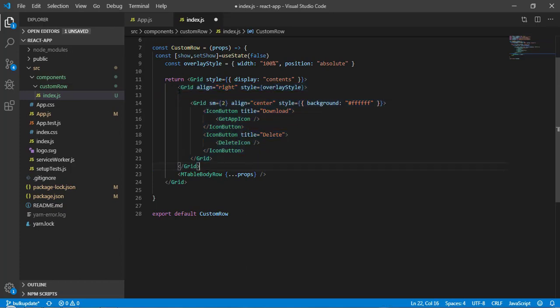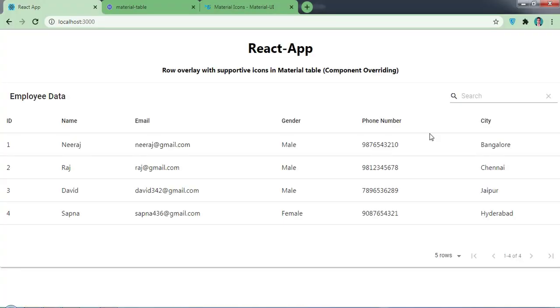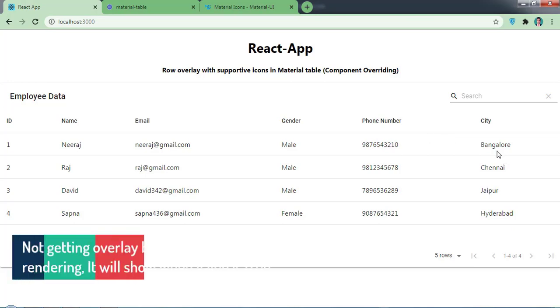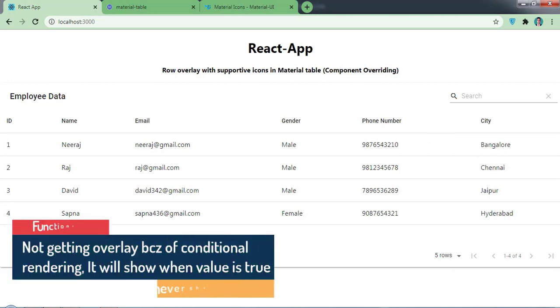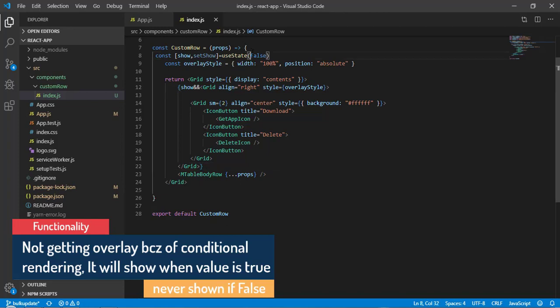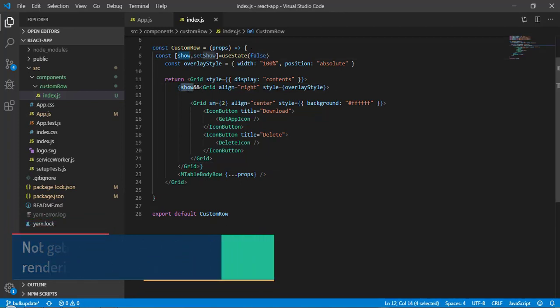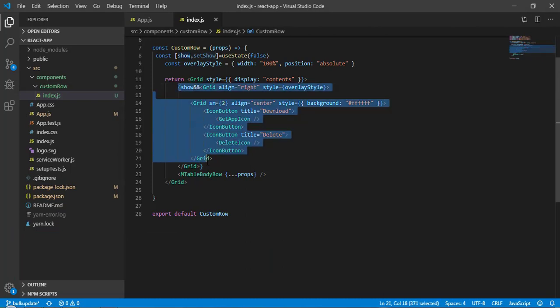So here I will open a curly bracket, and here I will write show and close this for the conditional rendering. Okay, now let's save it and come back here. So as you can see I am not getting the overlay, and that is happening because this value is false here. So once this value is false, this whole thing will not get rendered.